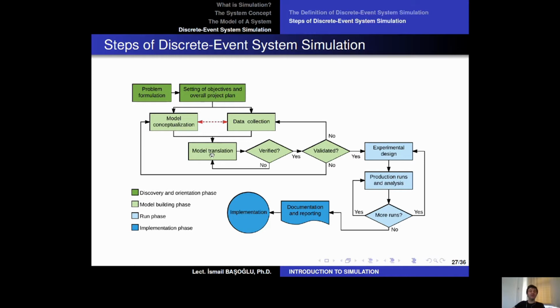Then we translate the model into a software environment. We verify that model, then we validate that model. And in the run phase, we create an experimental design because now we have a valid model to test things, to answer what-if questions when we intend to apply some changes in the original system. We can make any type of experiment over the simulation model that we have, and then we run simulations and